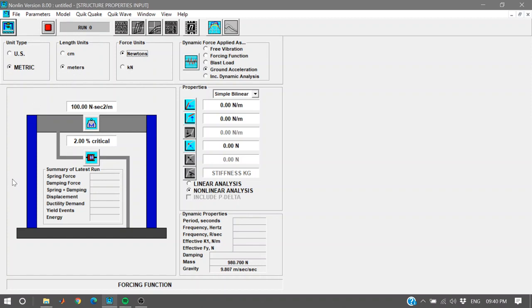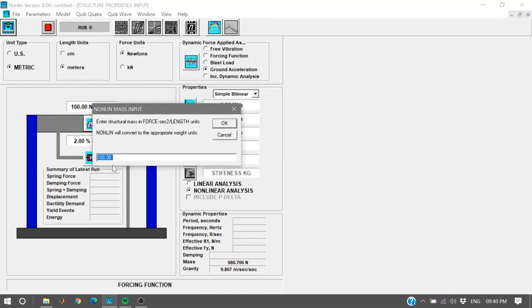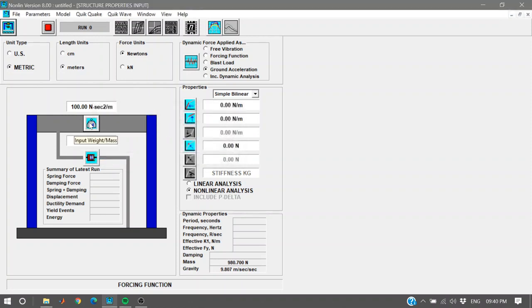Then let us go to this second option. Here if I click on this M button, I get this pop-up window where I can actually input the mass of my system. Now before going to this, there are two ways in which we can enter our mass. Either I can enter the mass in terms of kg and tons, or I can enter its equivalent weights in newtons and kilonewtons. So for that we'll go to this parameter option and then input mass as, we have two